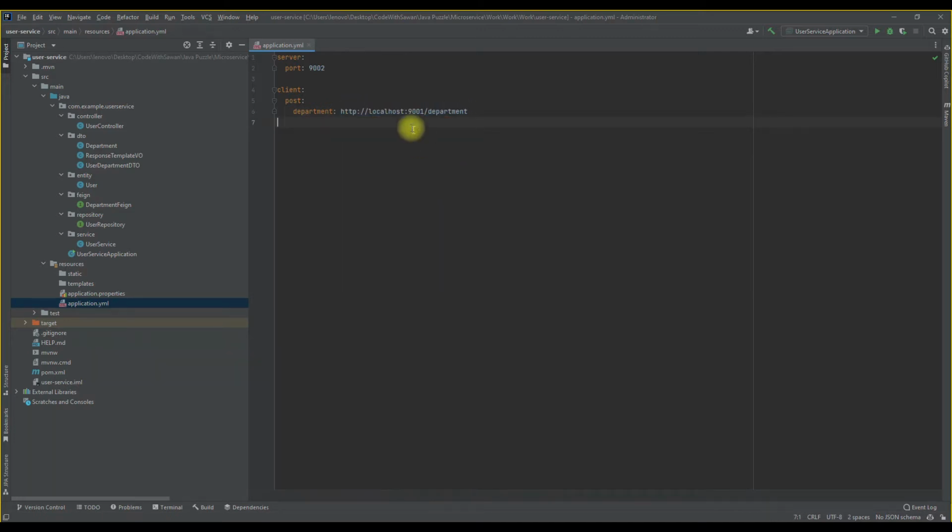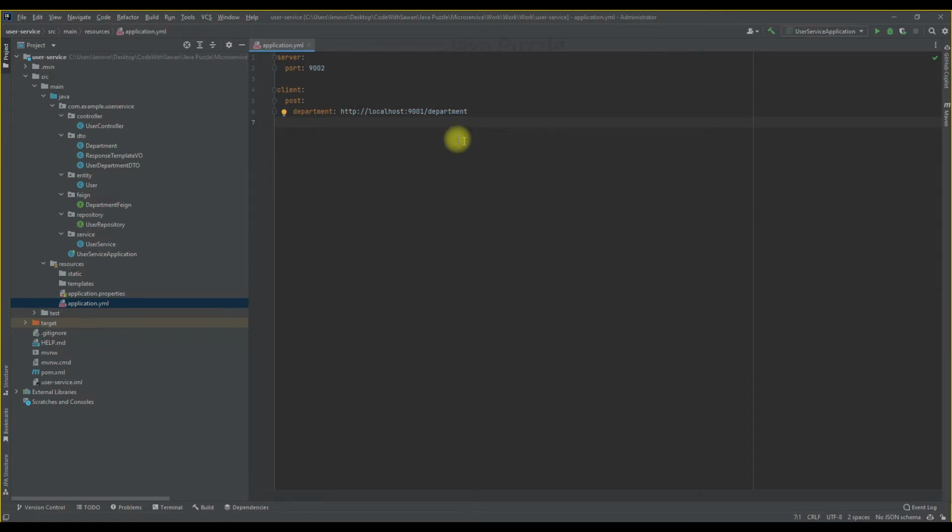Currently the department is running on 9001. Maybe someone changes the port, so at that time you have to change it inside this YML file also. Or we are going to implement the load balancer.